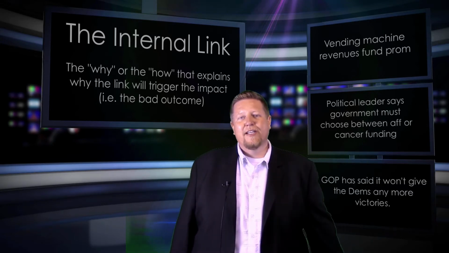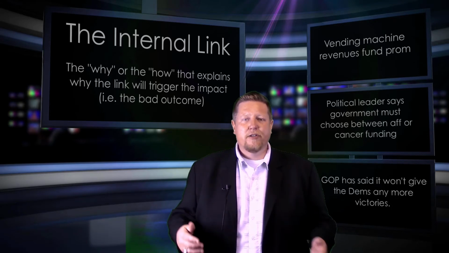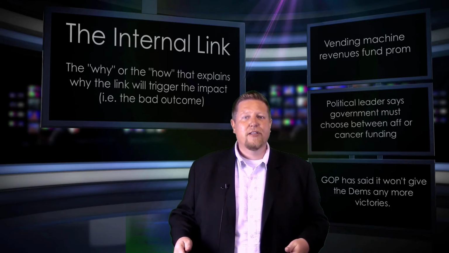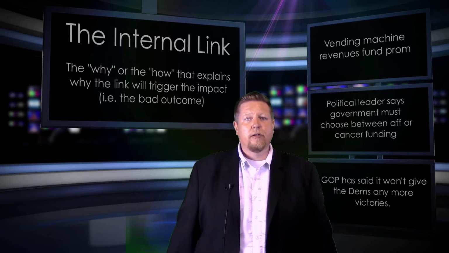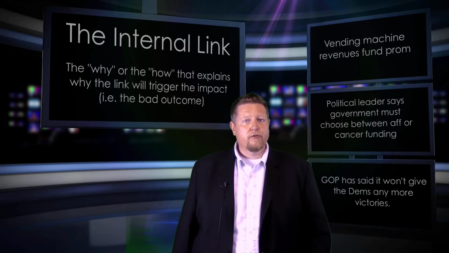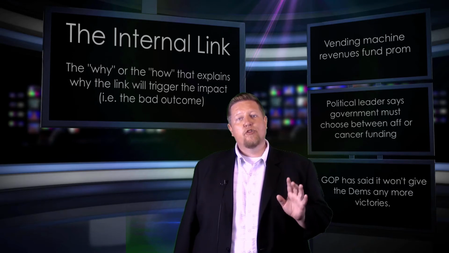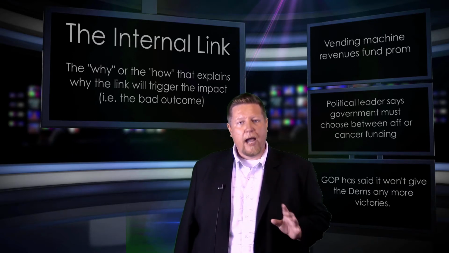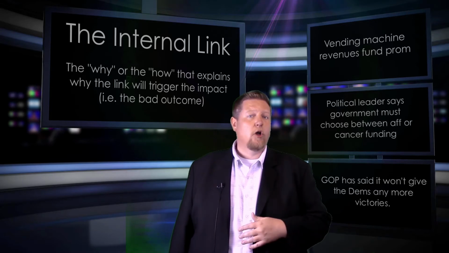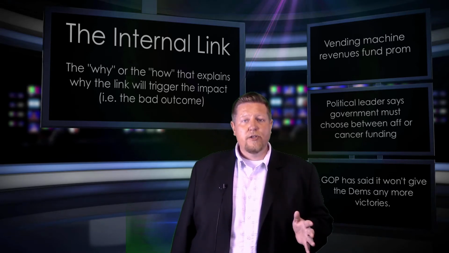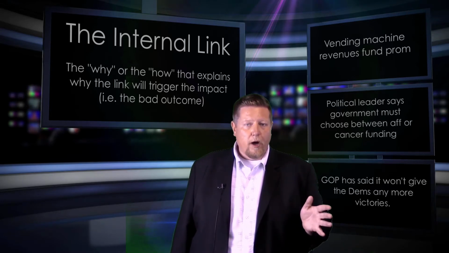So an internal link isn't really an extra step. It's not A causes B, which causes C. An internal link is the evidence that explains how or why A causes C. I mentioned earlier that internal links are sometimes optional, and this is true when no explanation is needed. And it's rare that a team wouldn't need to explain why or how. So your best strategy when building a disadvantage is to assume that the internal link is always needed. And if you decide not to use an internal link, be prepared to explain why.